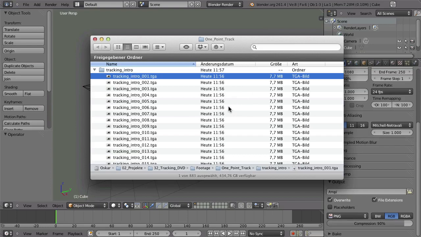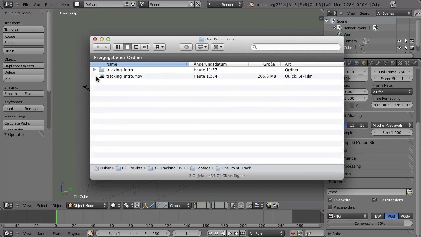If you would encode to a JPEG sequence, then most certainly you would lose some quality. But especially with any compositing or tracking, every pixel counts. So you want to get the best quality possible. And depending on the camera and on the original footage, it can also make sense to encode to an EXR or a DPX sequence. And that is also something that you will probably receive when you are working on a film scan that is usually scanned to a DPX image sequence. But anyway, in some cases, image sequences can be easier to deal with because there are no time codes and no codecs and stuff like that. So those are the two things that you can use.